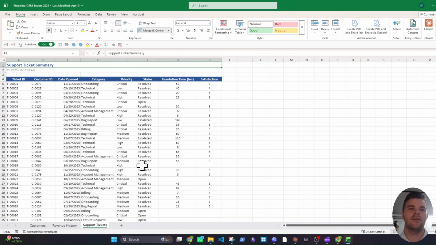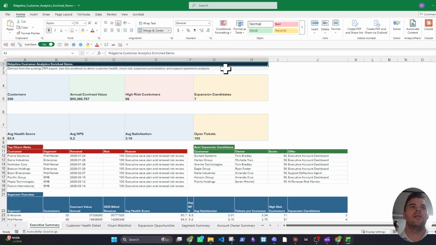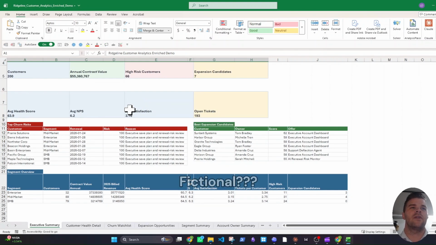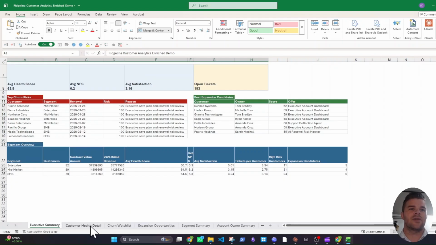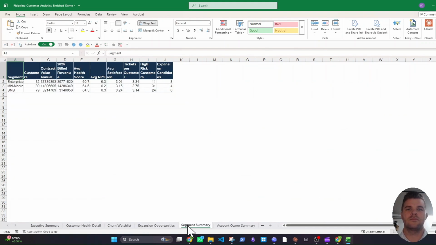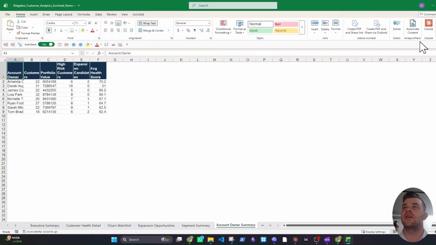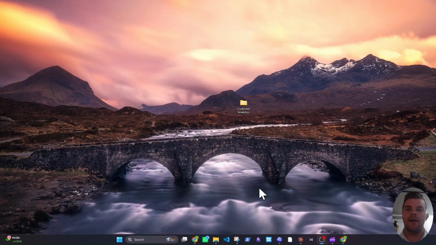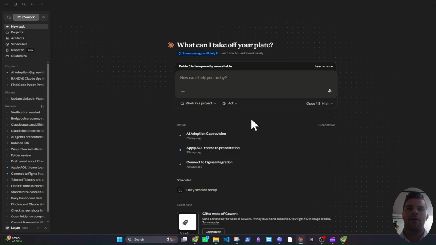Support tickets, just general things you'd want to know about your customers and tracking. And then in the other one, with our fictitious Ridgeline customer analytics, you can see some different metrics in here that we're all going to look at. Nothing too crazy. So I'm going to go ahead and close that,